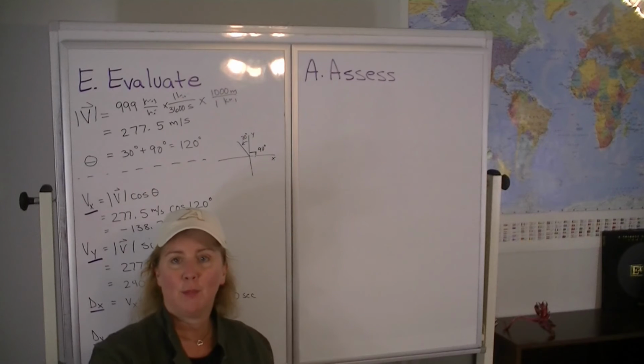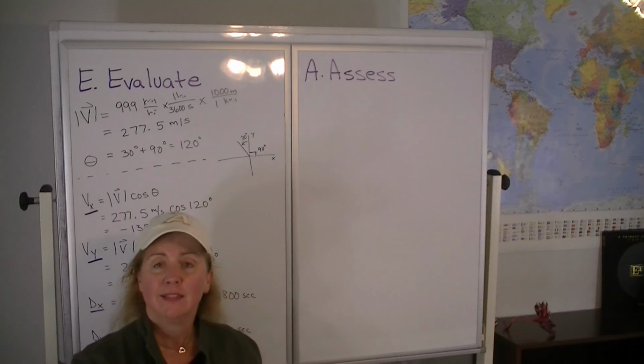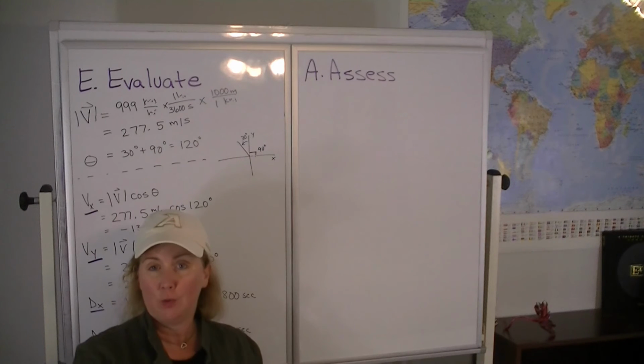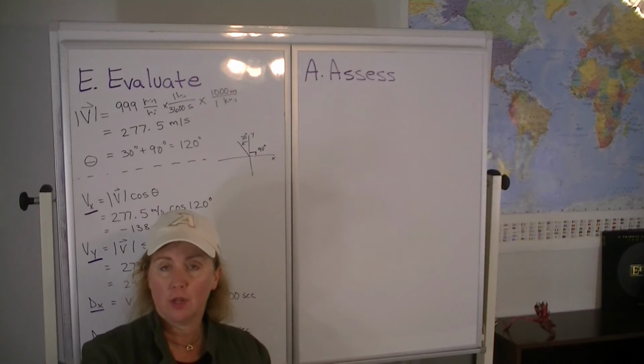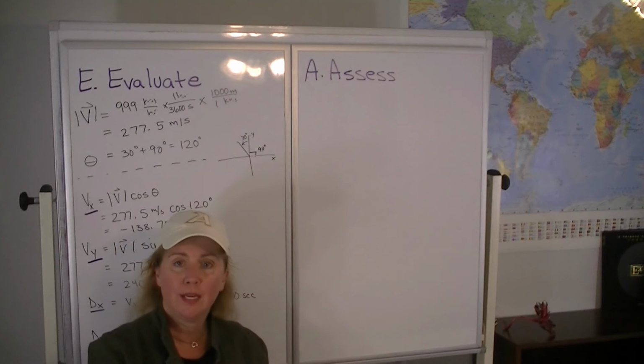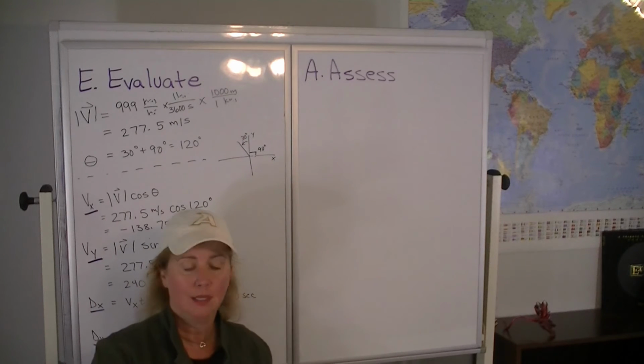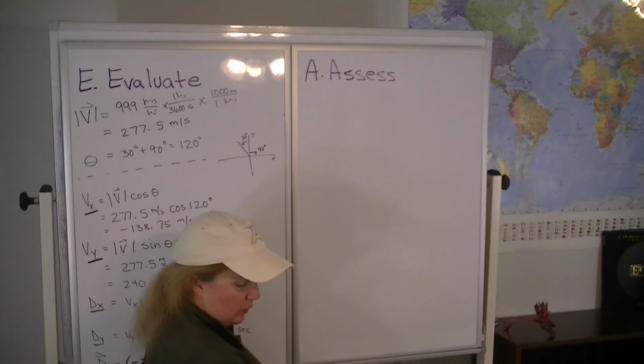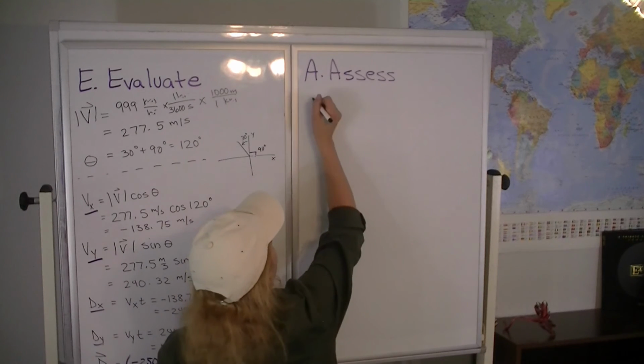The last step of our problem-solving format, the A, stands for assess, which could be to double check, to do a kind of a reality check based on experience or knowledge you have, or to compute the answer using an alternate method to see if your answer was correct. So what we can do in this case is we can compute